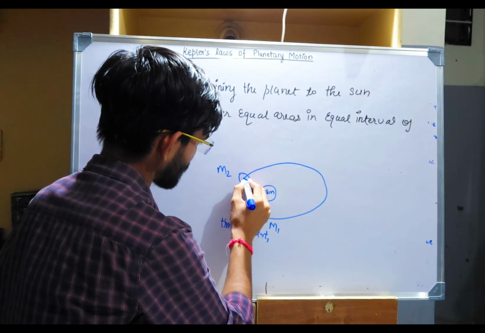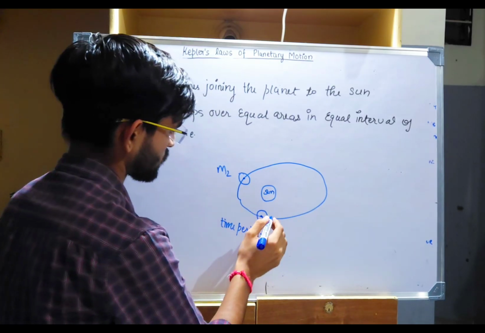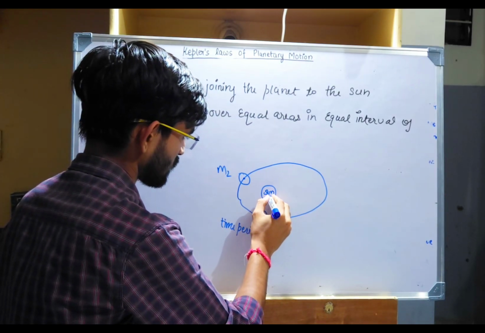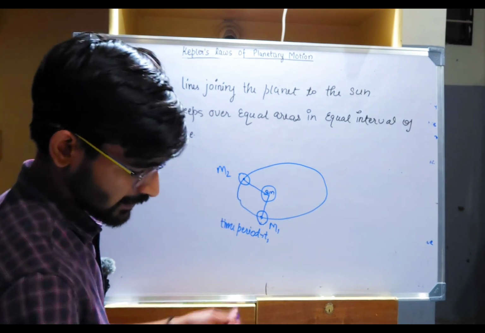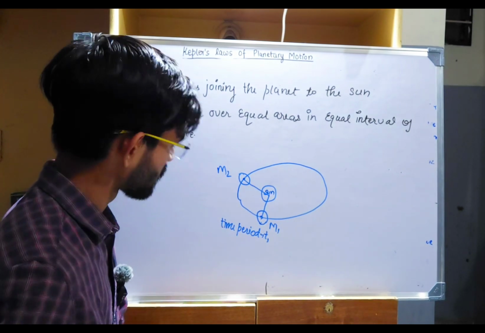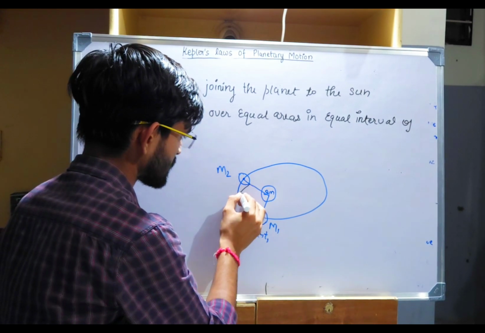If you join the trajectory of the Earth to the center of the sun, suppose the area under these lines is